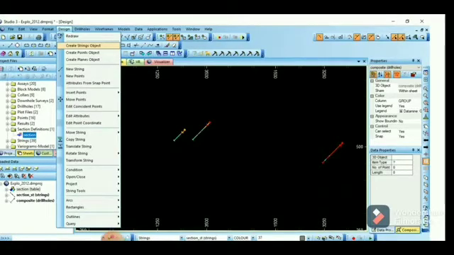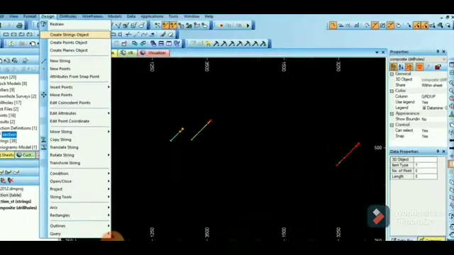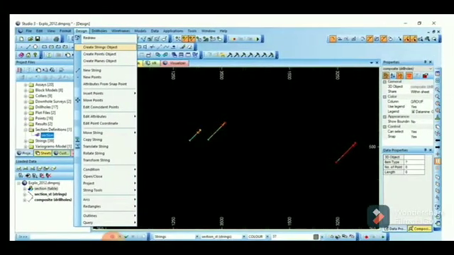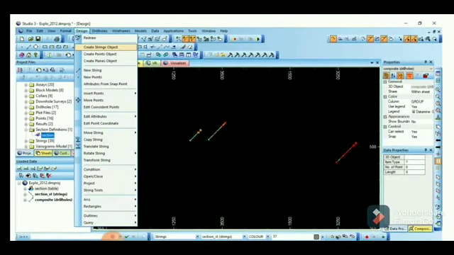Now we have to create the waste body modeling. We have to go to the design command, and the second is create string object.